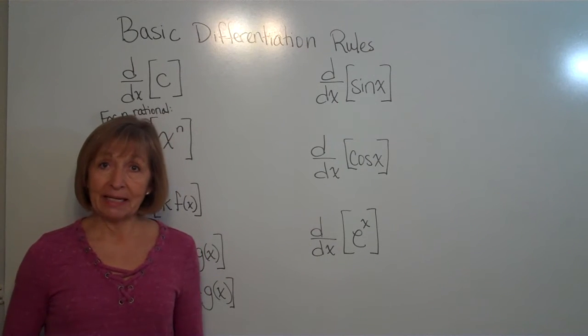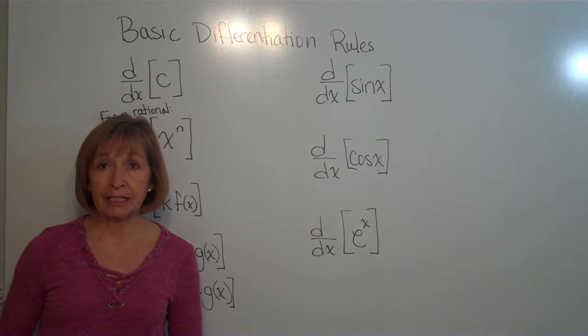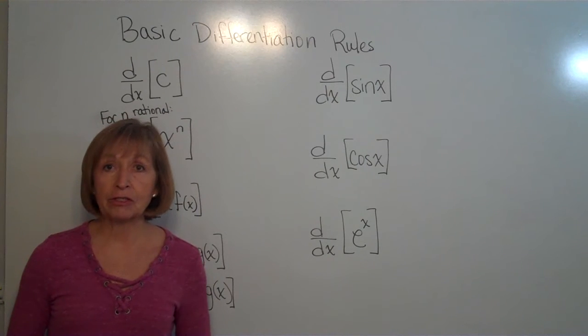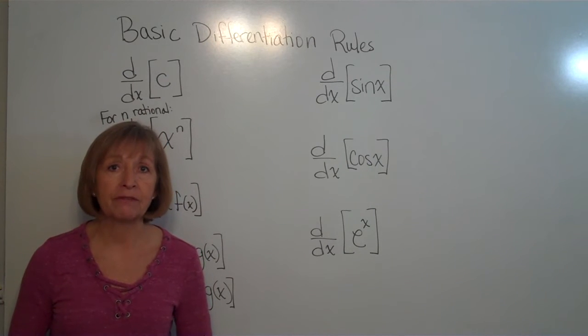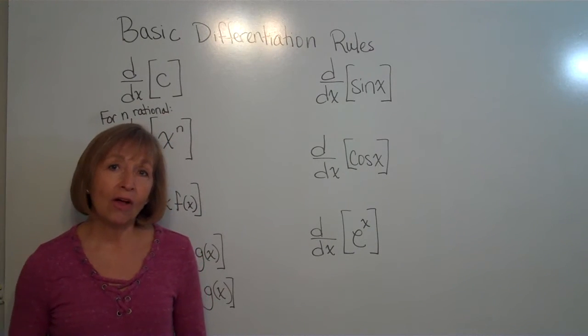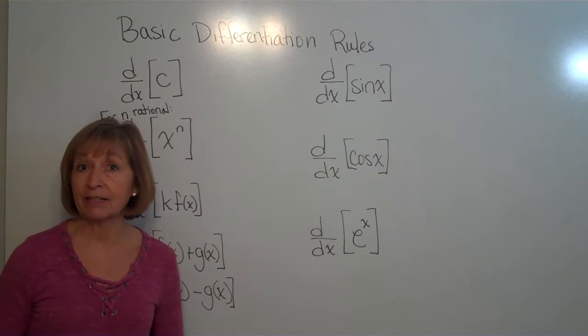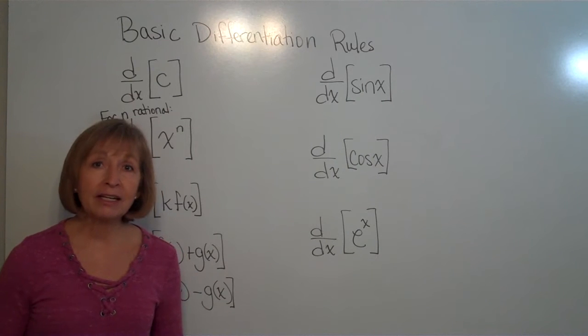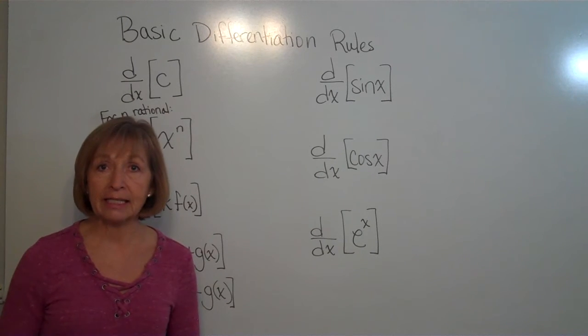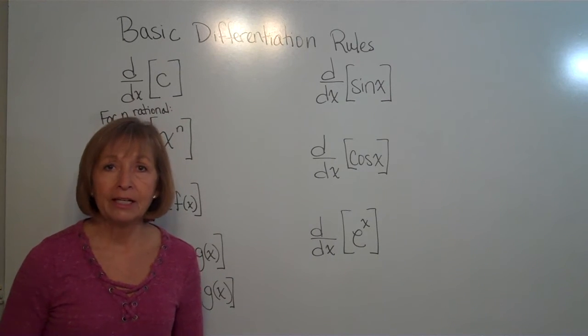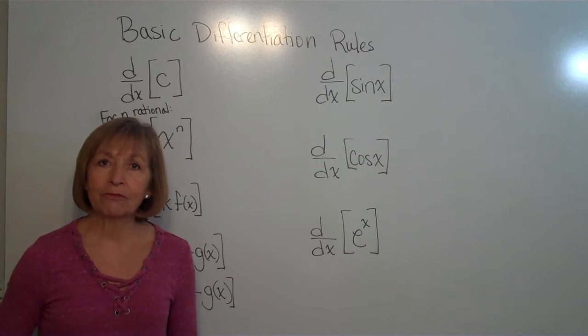Once the connection is made that the derivative of a function is the formula for the slope of the tangent to the function at any value in the domain of the function for which the derivative exists, and then also you've looked at a couple different examples where you found derivatives using the definition of derivative, which I've done on another video that I've linked in the description of this video, you're ready to actually look at some different rules